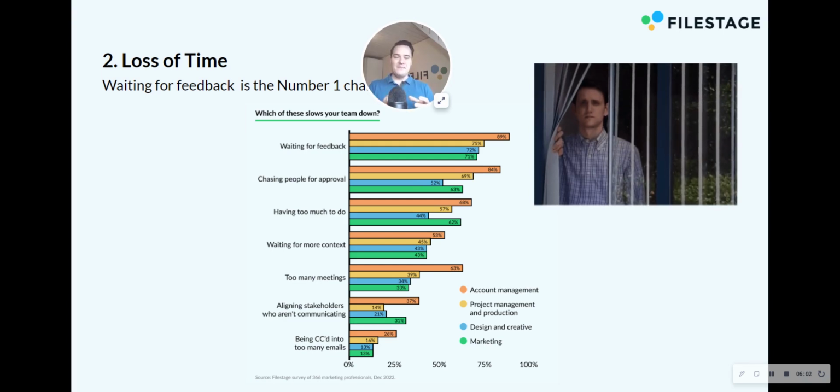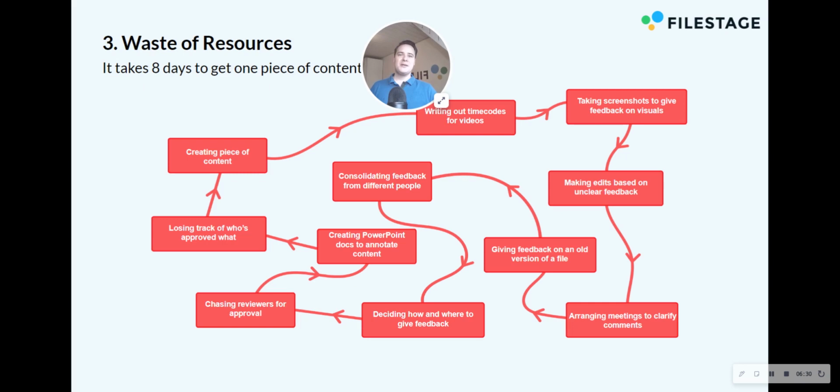So your time is tied up in administrative tasks, organizing the feedback process instead of using the time for other tasks that you are actually hired for. You are a creative mind, you are a marketer, and you are not hired to manage the feedback process. But instead of doing your core work, you are managing the feedback process because there is no proper process in place. And this results in the last challenge, which is our third biggest challenge surrounding marketing campaigns,